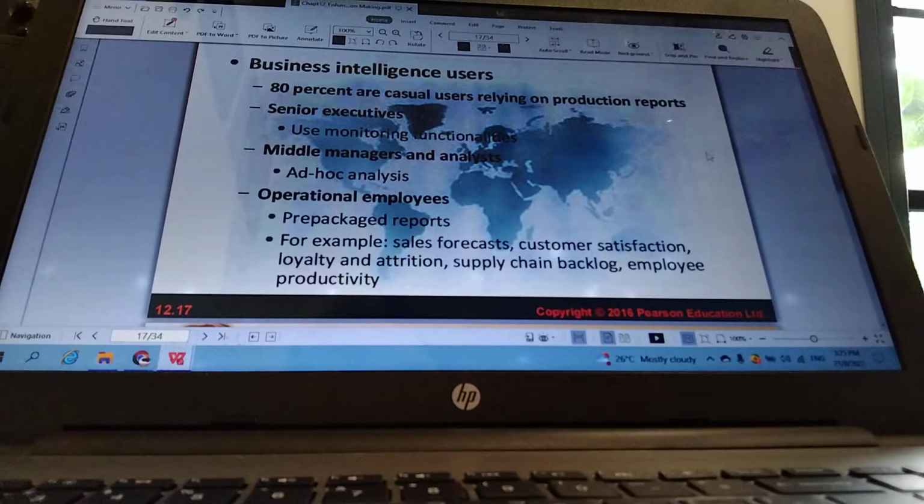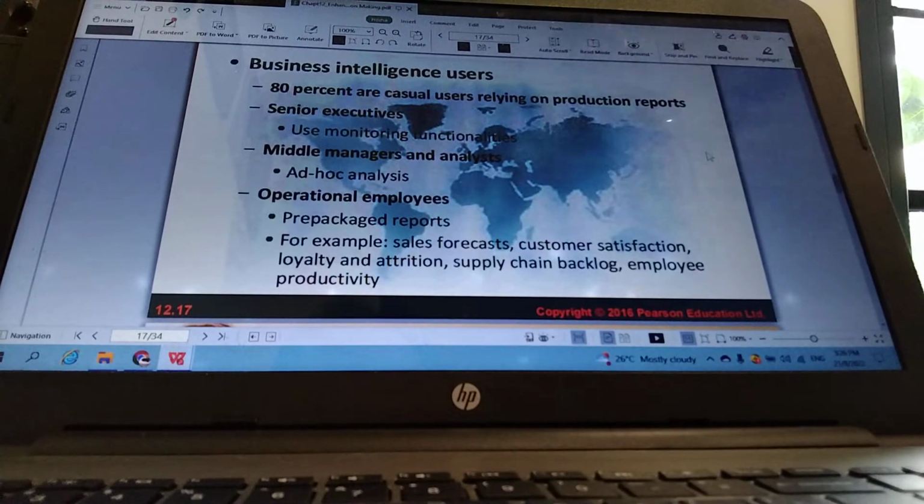The middle managers and analysts are also part of the 80%, and normally they will be involved in ad hoc analysis, based on request or based on demand. The other group, part of this 80% casual users who are depending on the production reports from the BI systems, is known as operational employees. The line managers or the operational employees,